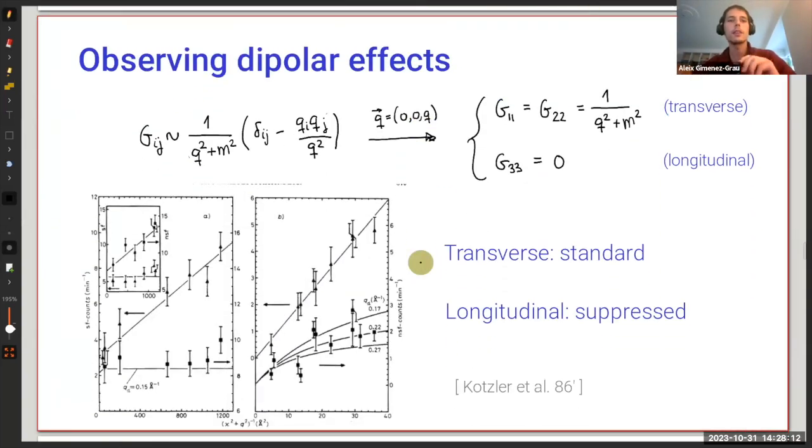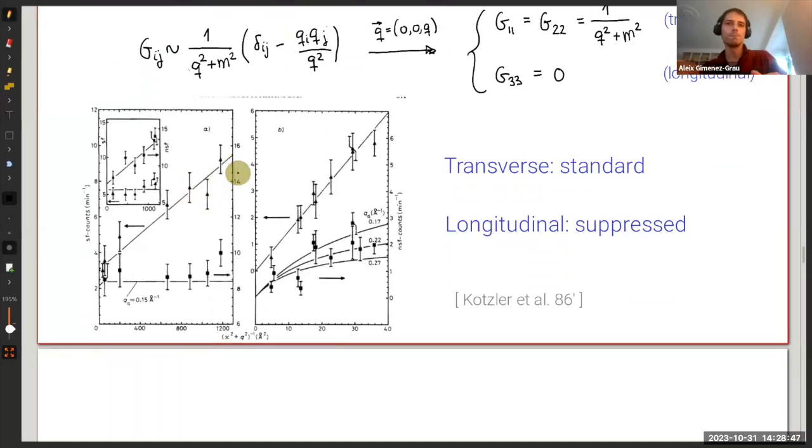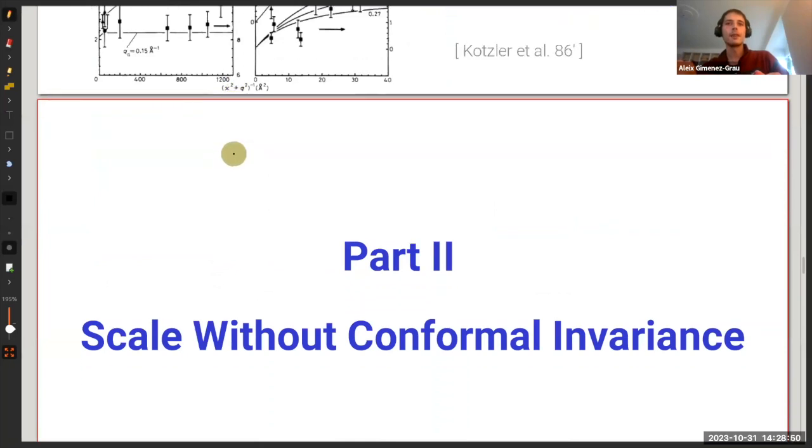It's not very important. The whole message is that there were some people in the 80s who did some experiments and managed to observe some dipolar effects in certain materials, but that story got a bit forgotten. It would be nice, because apparently these techniques they used have improved a lot nowadays, if experimentalists tried again to observe these things, because we might be able to see this at much better resolution. But let me not go into the details since part of the audience are not physicists. Instead, I'm going to jump to part 2.